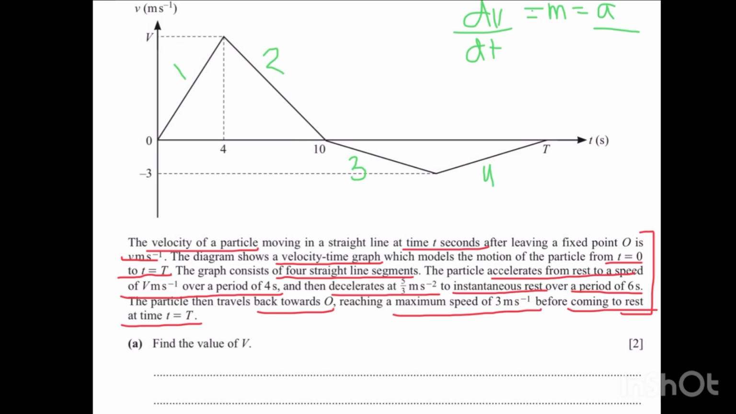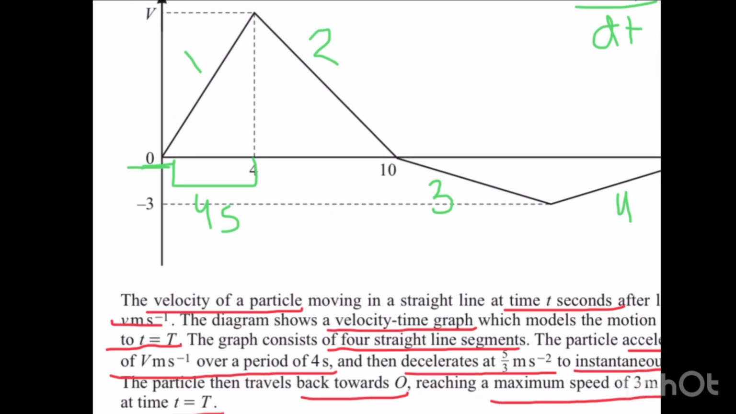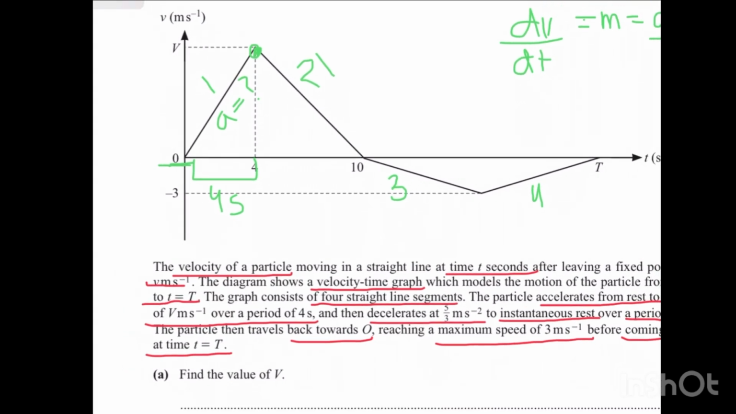Now let's learn about the movement of the particle. For the first 4 seconds over here, the particle starts from rest as shown, since it's starting from the point 0, 0 from the origin, and then it reaches a speed of v, which is unknown, and they've not given us the acceleration either. So acceleration is unknown, and for the second line segment, it starts with the speed of v, which is unknown again, but this time they've given us the acceleration,